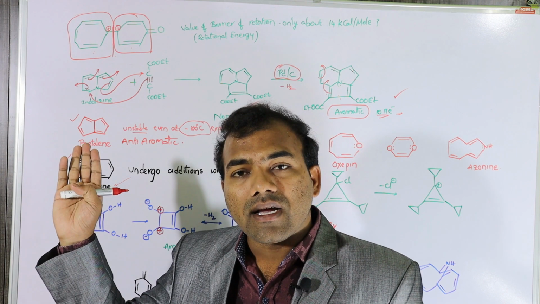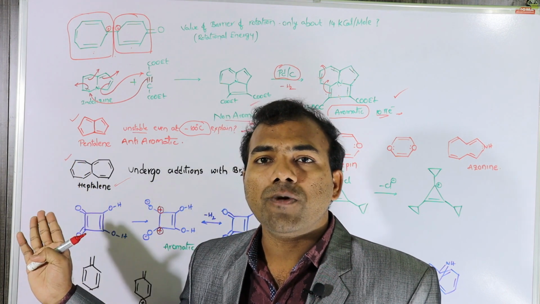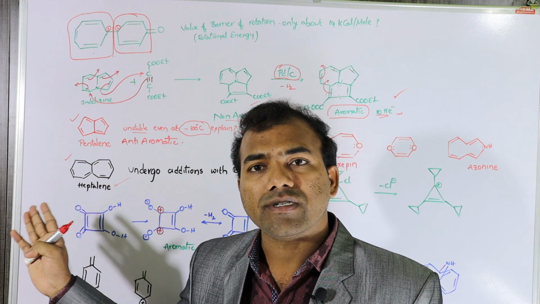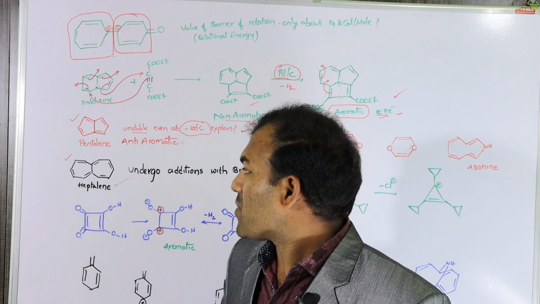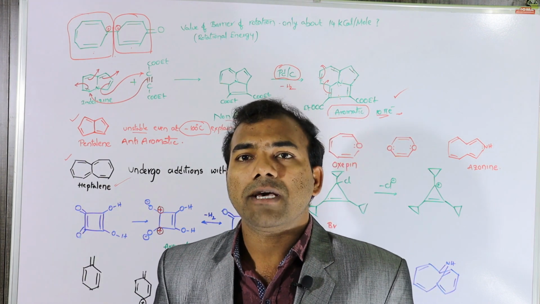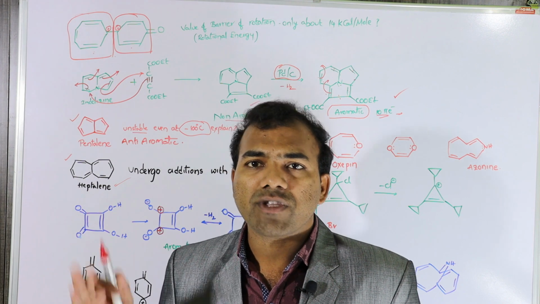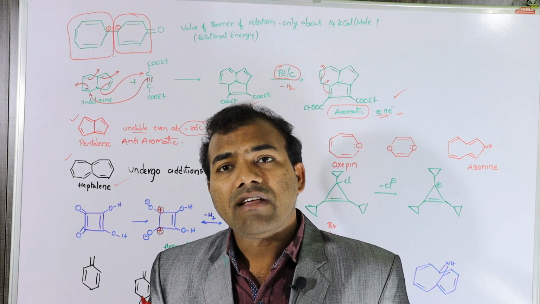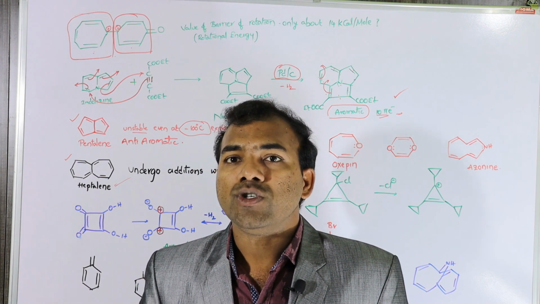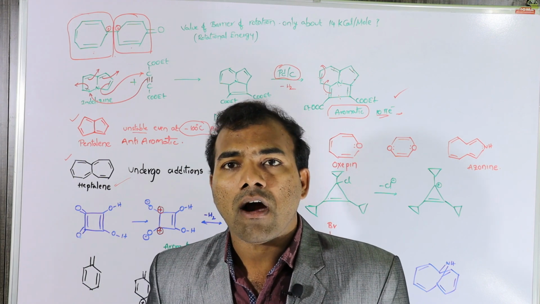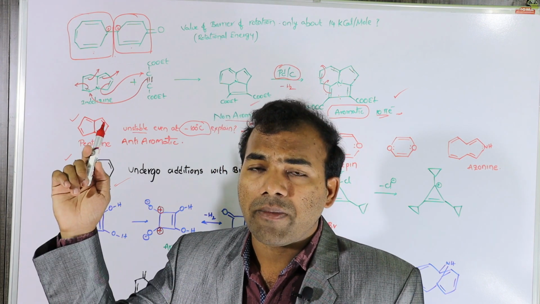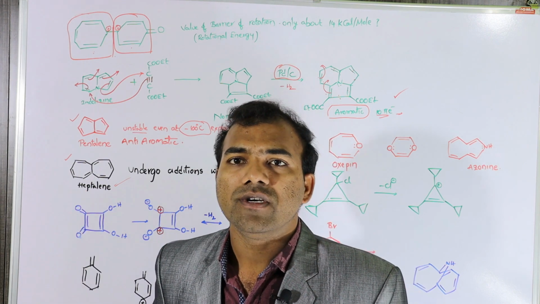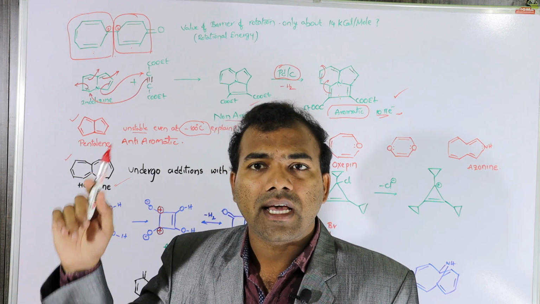Like in the earlier example pentalene, here also there is a delocalization of pi electrons and a conjugation of pi bonds, and it is also planar. But why is it not stable? Why is it undergoing addition reactions with bromine and some acids? The answer is that it is a highly reactive compound due to the anti-aromatic property of heptalene. Like the above example, this is also anti-aromatic and very less stable. That is the question asked in earlier exams.